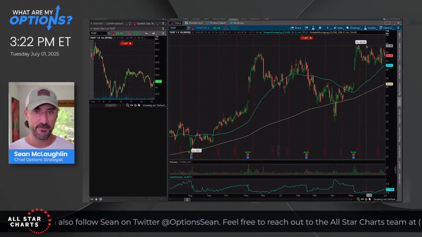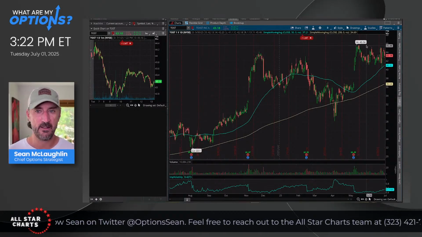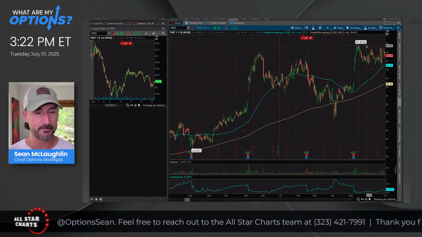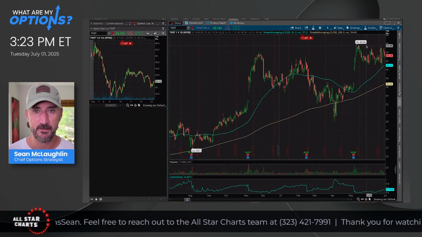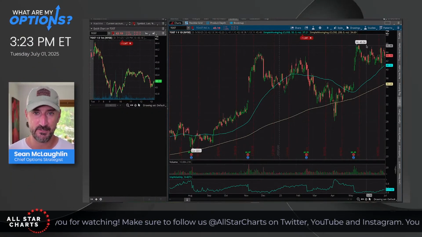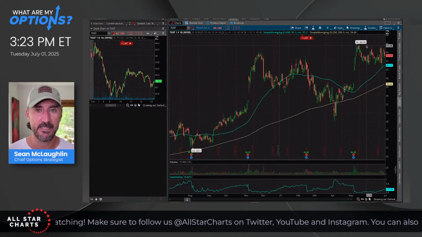But maybe for some of you who are newer and just trying to figure your way around money management when it comes to options, sometimes when you just buy a call, a good risk management scheme is to buy more than one. Let's say you buy 10 calls, just to keep the math simple. If and when the stock starts going your direction, if you paid $1.15, which is what we're looking at right now, and you could sell half of them for $2.30 once the stock starts moving, that's double your money on what you paid.